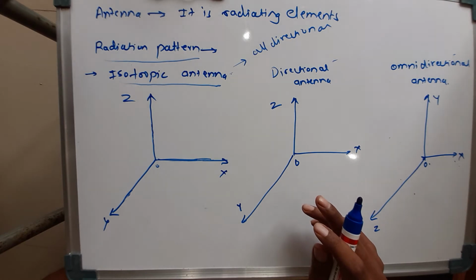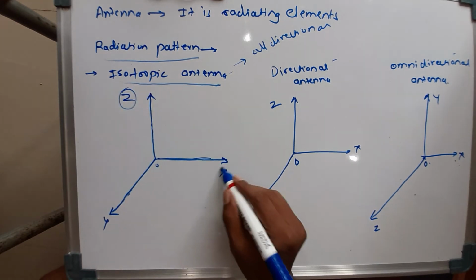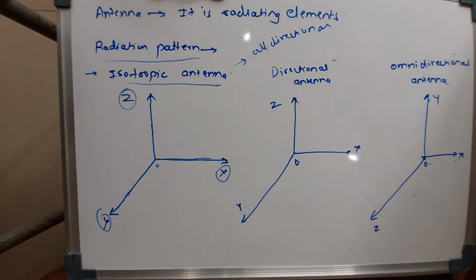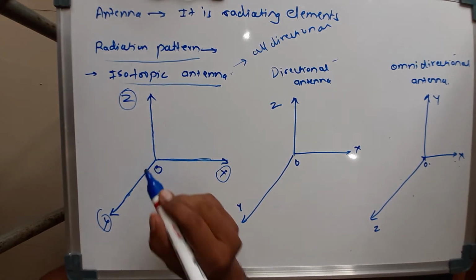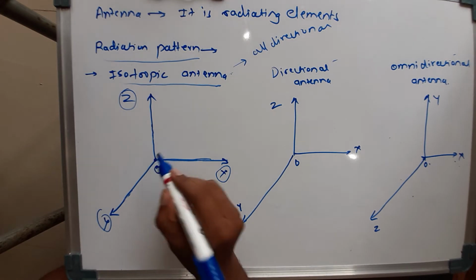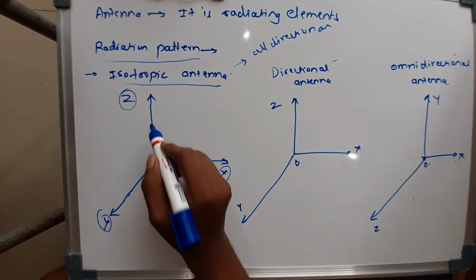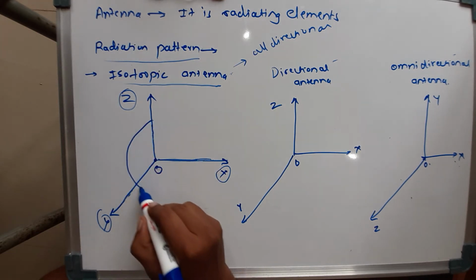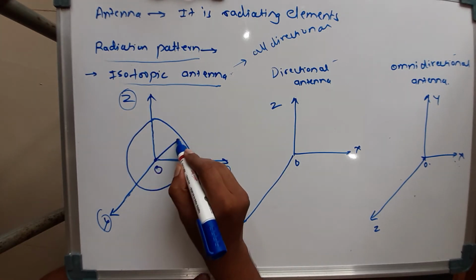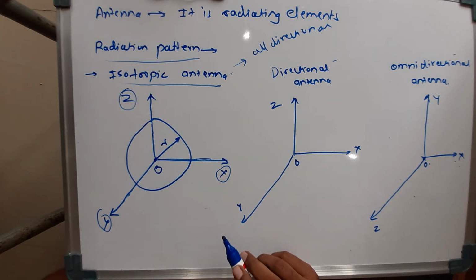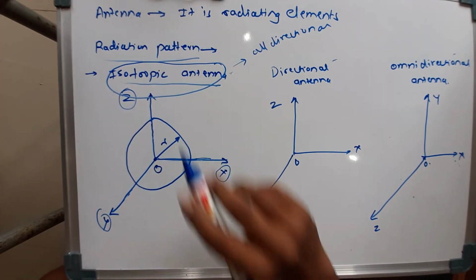So here if you see the radiation pattern, I will take the three coordinate system x, y and z coordinates. So for these three coordinates we have the origin O. So assume the antenna is at the 0 position, that is O position, and the isotropic antenna basically radiates in all directions. So thus it will become like this one. So from the center to this point we have the radius r. So this is the radiation pattern of isotropic antenna.